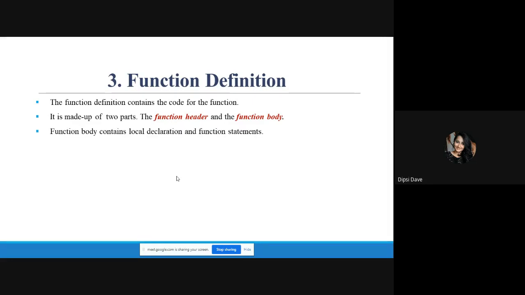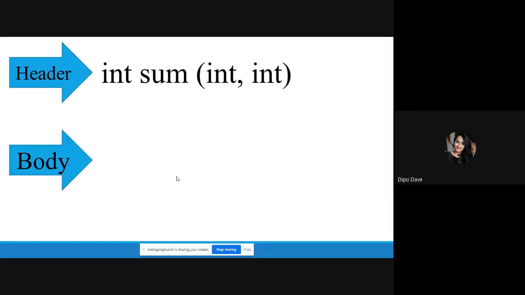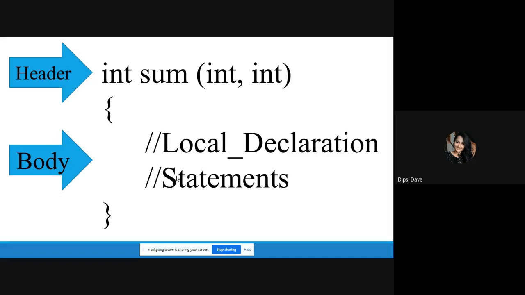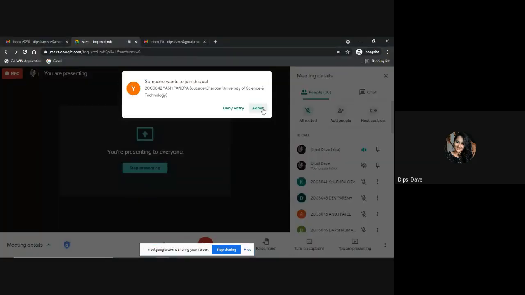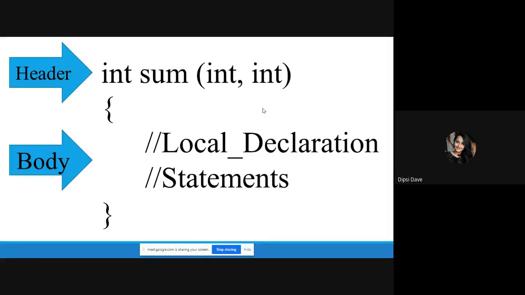In that function definition, we can write local declarations and the function statements. So this is the function definition, in which first we write the header by removing the semicolon, provide the pair of curly brackets, write down the local declarations and statements, and complete the curly brackets.